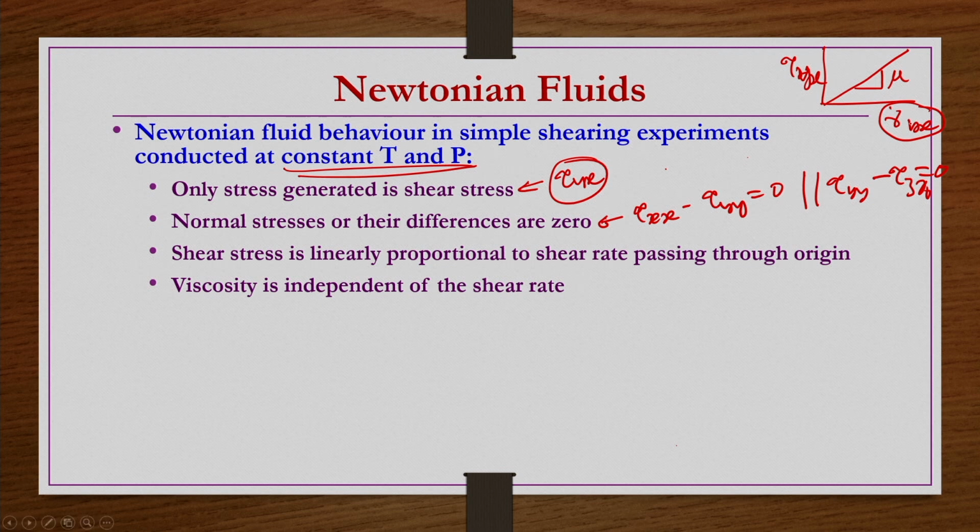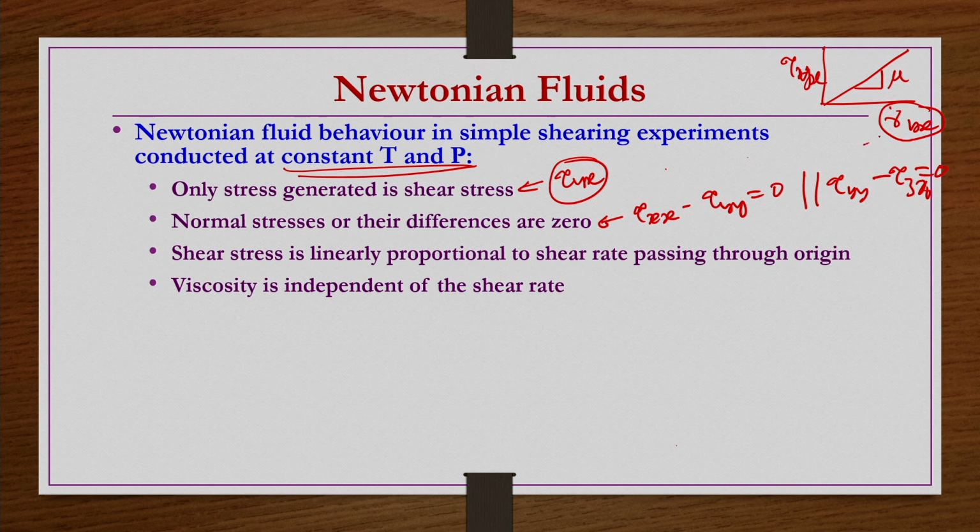Gamma dot Yx in general is of the order of 10 power minus 3 or 10 power minus 2 or even lesser; that is what we call a low shear rate. If gamma dot Yx is 10 power 4 or 10 power 5 or even higher, then we call it a high shear rate. In between, we call it an intermediate range of the shear rate. The shear rate has units of second inverse, and the shear stress has units of Pascals. So viscosity should have the units of Pascal seconds.